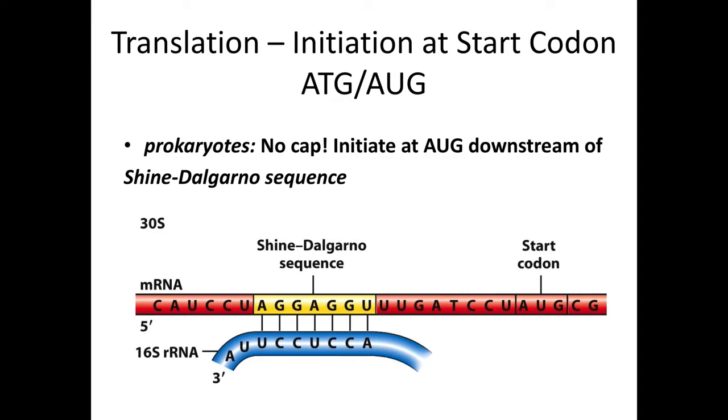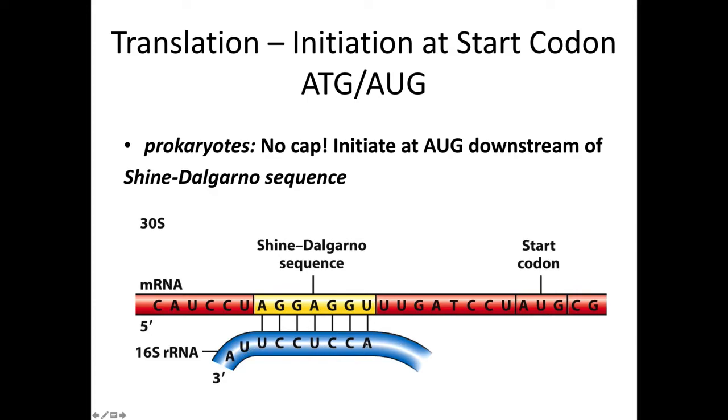Okay, so with that perspective in mind, there's an mRNA sequence and it has to be translated, all right? And the way that this occurs is going to be different between prokaryotes and eukaryotes. A critical difference between prokaryotes and eukaryotes, there are many, but one of them is the fact that prokaryotes do not have that cap sequence at the 5' end. What that means is that translation is initiated when the mRNA is incorporated into the ribosome, and there's a base pairing between the